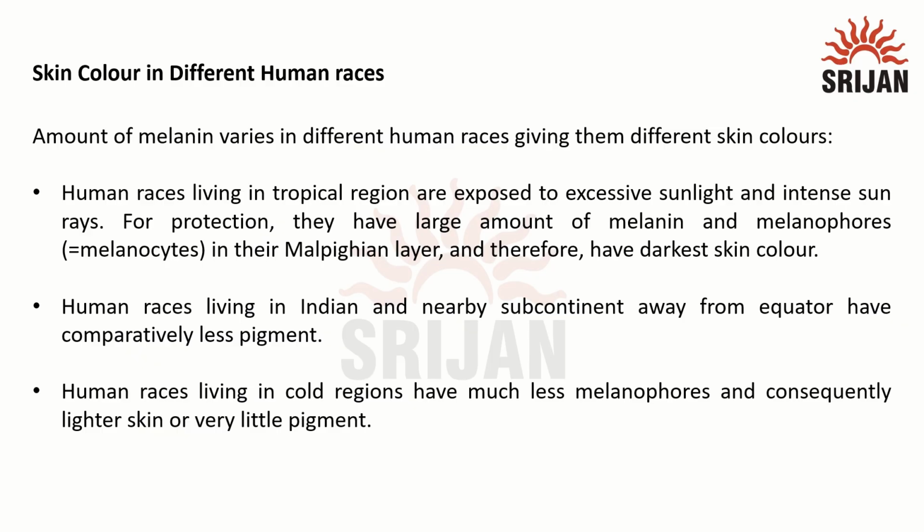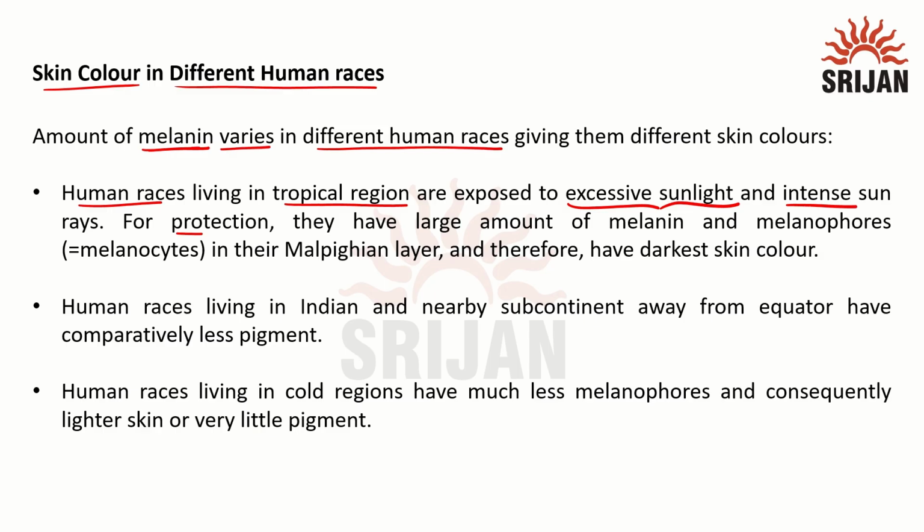Next, we will see skin color in different human races. Now, the pigment present in the skin which gives the characteristic color is known as melanin. The amount of melanin varies in different human races, giving them different skin color. Now, human races living in tropical regions are exposed to excessive sunlight. So, with more sunlight there will be intense sun rays, for which our skin should be equipped to protect